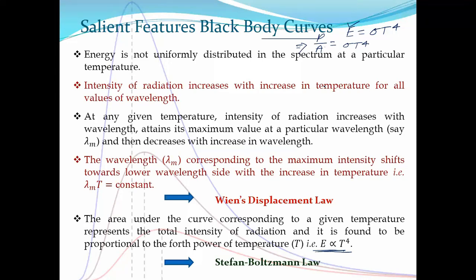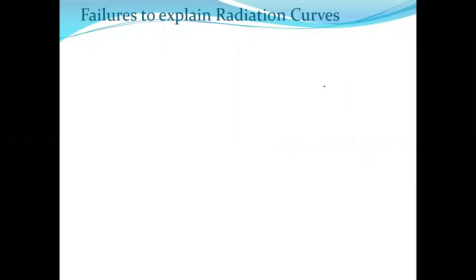We'll discuss more about the applications when we do the numerical parts. Now, the two laws we have observed, that means the Stefan-Boltzmann law and Wien's displacement law, are not actually theoretical laws. My point is these laws are not derived. These laws were estimated from the experimental data. That means the experimental data were fitted and these laws were formed. There was no particular theory behind it. From the observations, these two laws came.